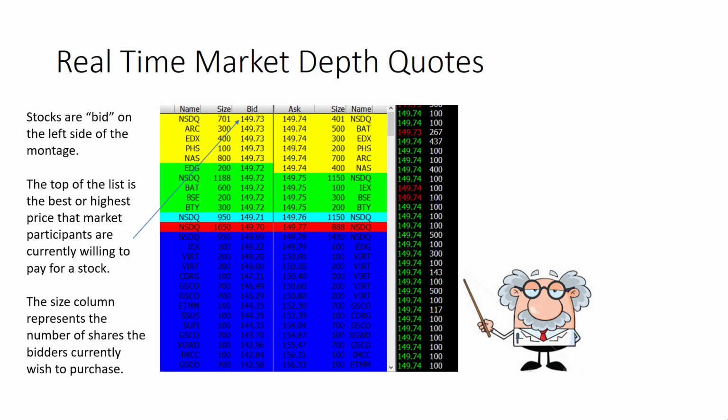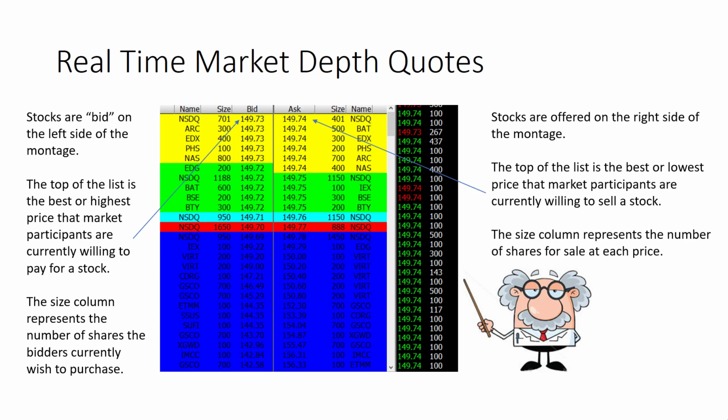Also note that you can tell how many shares people are bidding, and you can use that to anticipate the effects of buying pressure. On the right side of the montage, over here, we have the ask price. So this is the best or lowest price that anyone is currently willing to sell the stock for. So 149.74. So there's only a penny difference between the best bid and the best ask when you're dealing with a supercap like Apple. That's because there's so many shares going off and so much liquidity for it that even in the pre-market, it tends to be spread much tighter than many stocks are over the course of the session.